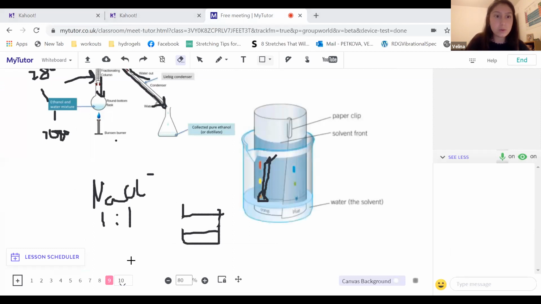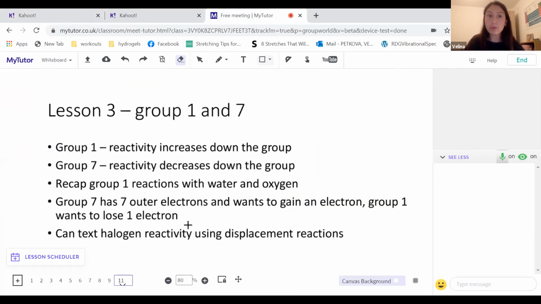Okay, so let's do a quick recap of lesson 3. That was group 1 and 7. The key notes were that in group 1, the reactivity increased down the group. In group 7, reactivity decreased down the group. So, the reaction with water and oxygen. With water, what did we form? We formed